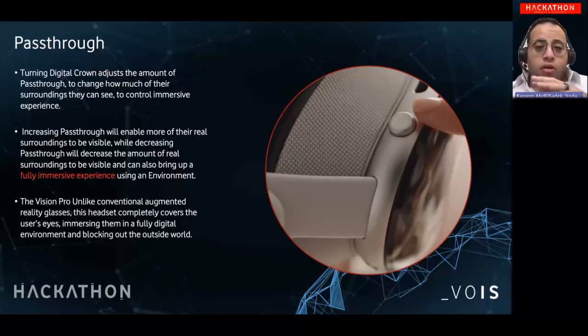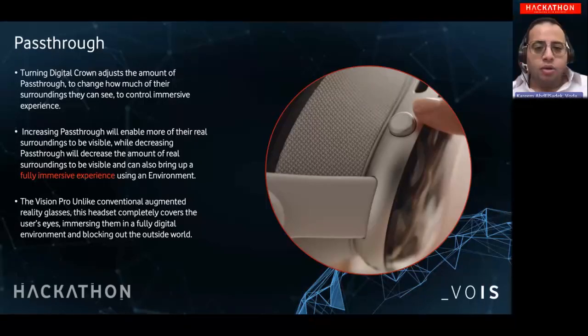Not just that, but also the pass-through feature. The pass-through feature on the Apple Vision Pro is very clear, so you can see in front of you normally, because the previous glasses were either black and white or the cameras were not providing you with a full vision, but now you can easily see through. Not just that, it actually immerses